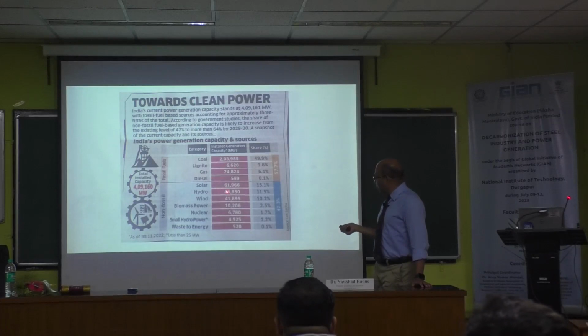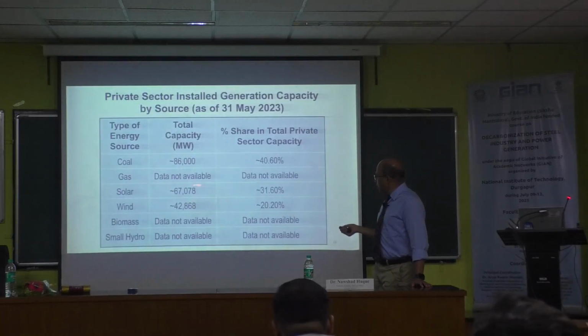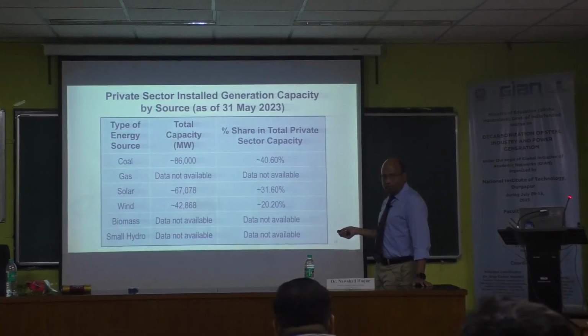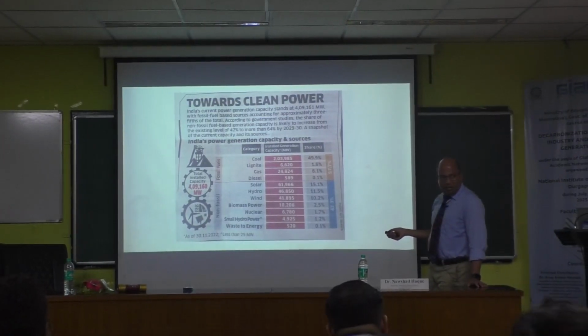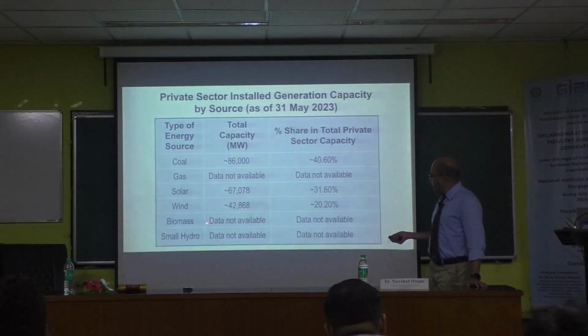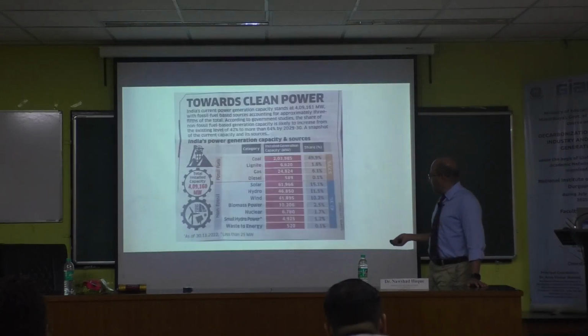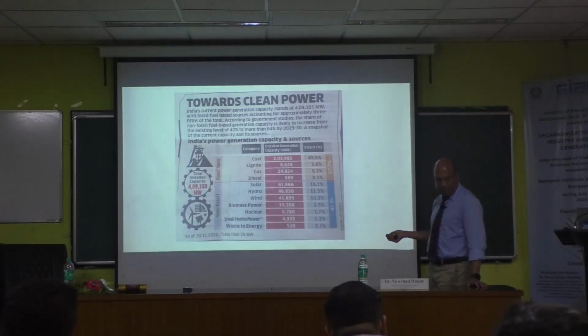But look at solar and wind. Solar is 61 and wind is 41. If I go back, solar was 67, wind was 42. So that means more or less equal. They didn't say whether it's private or public, but my feeling is that for solar and wind, private is more. And for the previous figures, they say they are not available, whereas here it's a small number, not much. Nuclear is probably static at 7, something like that.